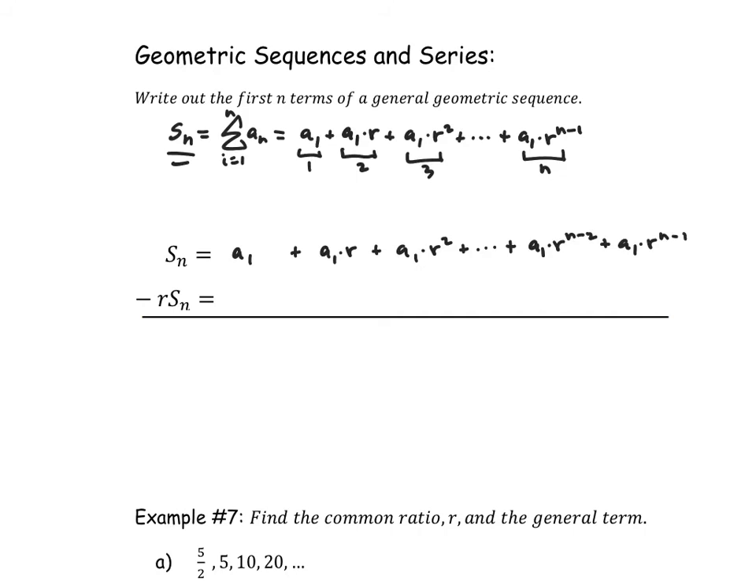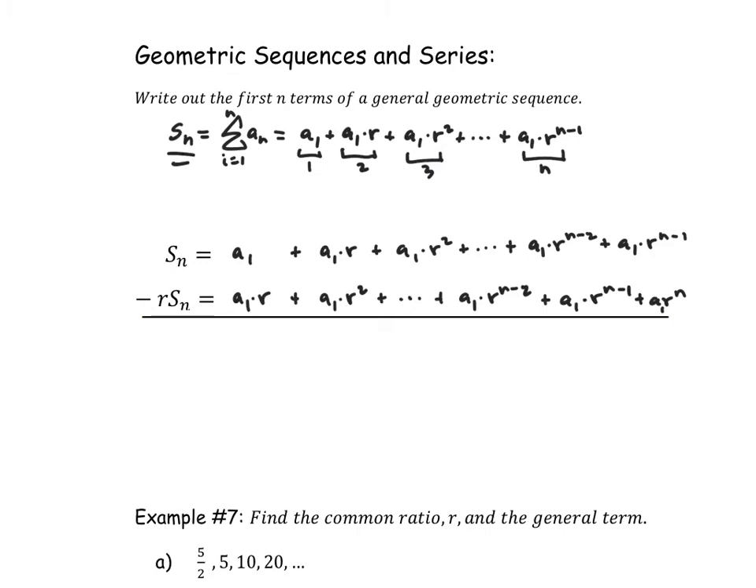Okay, and then in the second portion, we're going to subtract r times s sub n. So that would make the first term a sub 1 times r plus a sub 1 times r squared plus, and then I'm going to continue my series representation out here to a sub 1 times r to the n minus 2, and then plus a sub 1 times r to the n minus 1, and then plus a sub 1 r to the n. Okay, and I think I might have said that incorrectly, but if I took each of these terms